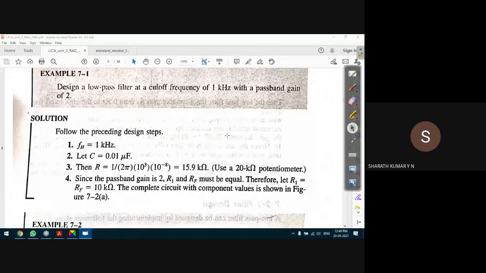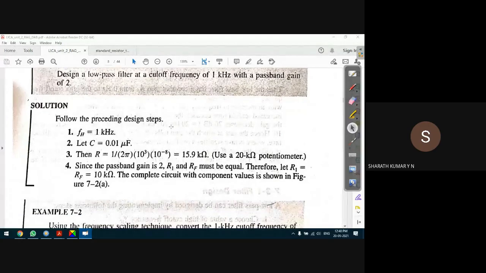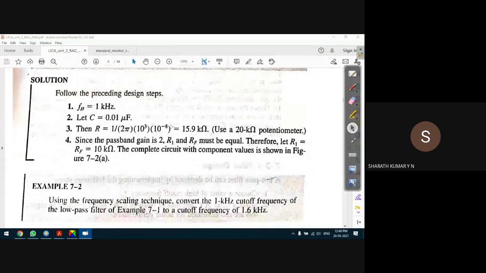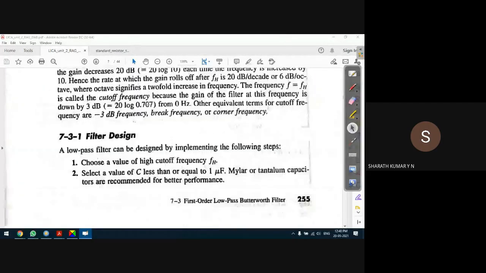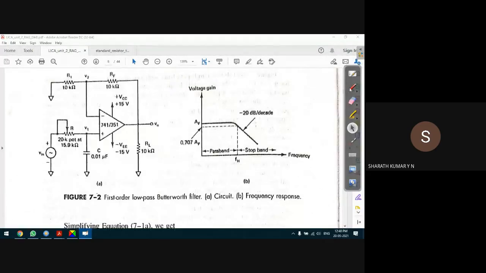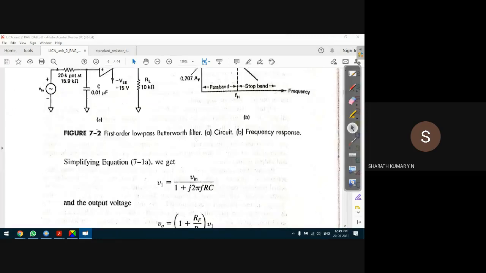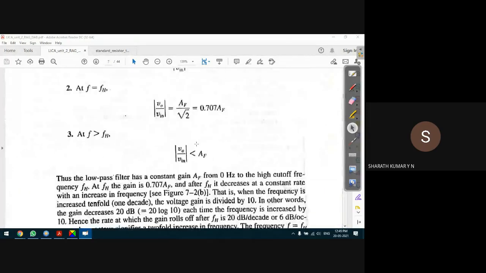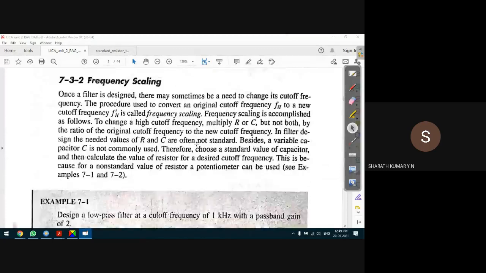In the Gayakwad book, if you refer to the same topics, the author has considered these standard fixed resistances. That's also possible, nothing wrong, but a fixed resistance will give a fixed value of FH. That's all, nothing else. It can be a fixed resistor also. It's very simple. You need not get confused, because the same first order low pass filter may be a little different in that book. So that is for standard values of resistance and capacitance.